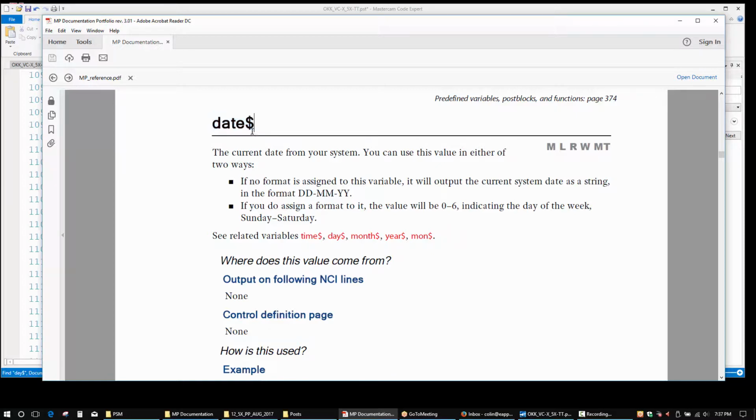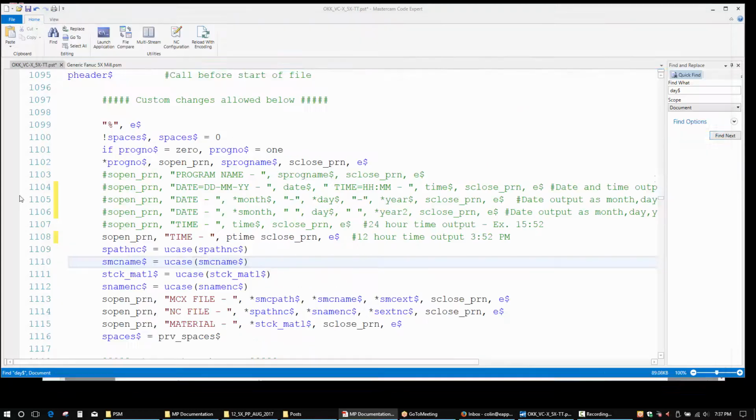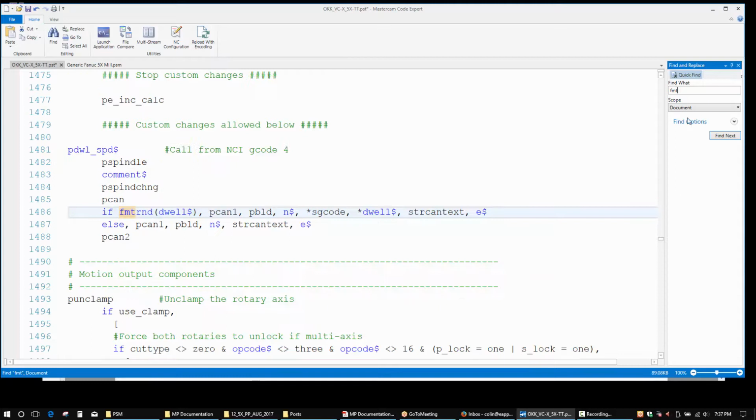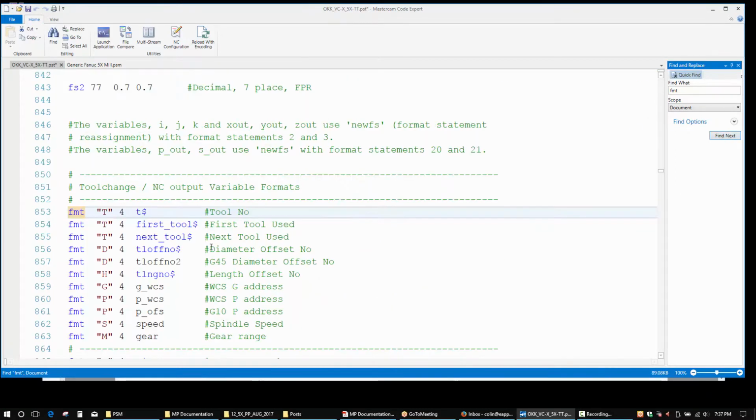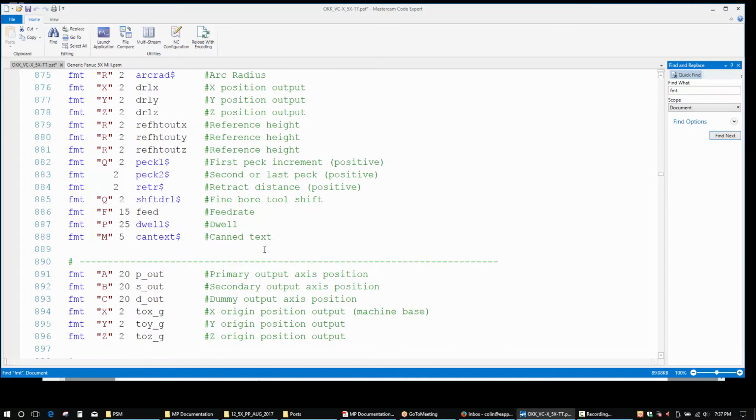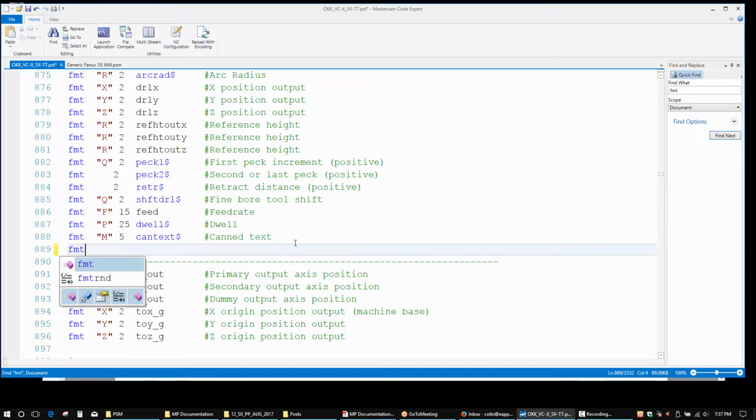The date variable itself will automatically output the day, month, and year in 2-digit format, but only when there is no format assigned to the date variable. So if you look in the FMT section, which is format assignment, if you add any formatting to date,